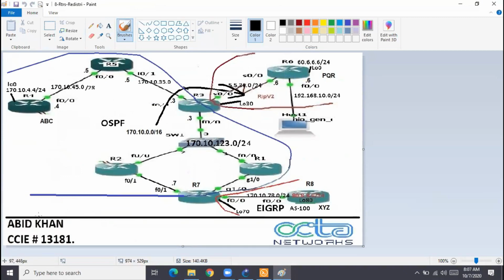We saw that R3 was having two routing processes, RIP and OSPF, and in the same way R7 was having two processes, OSPF and EIGRP. So we did redistribution on R3 and R7, right? When we redistributed OSPF into RIP, only OSPF got redistributed into RIP, not vice versa. That proved redistribution is unidirectional. So if you want connectivity from both sides, you want the routes to be exchanged to both processes, then you need to do mutual redistribution. Correct?